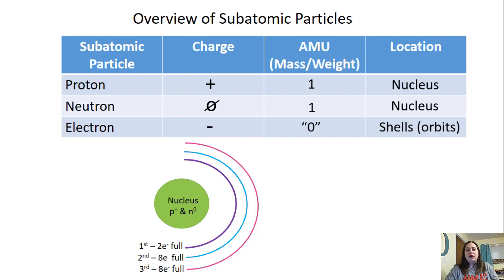So here in the diagram, you can see that you have the nucleus with protons and neutrons. The first energy level is going to be full with 2 electrons. The second and third will be full with 8. Now these shells go from having less energy closer to the nucleus to having more energy as they move away